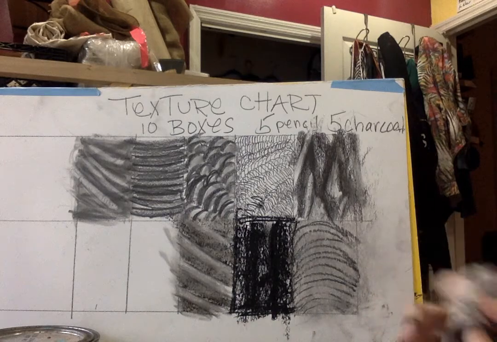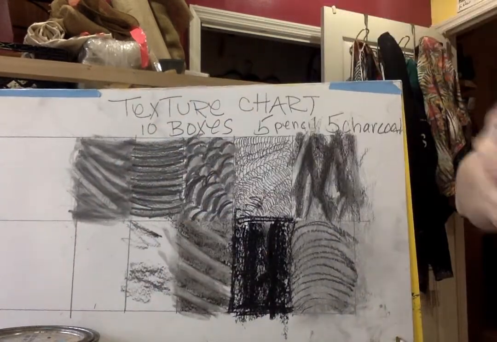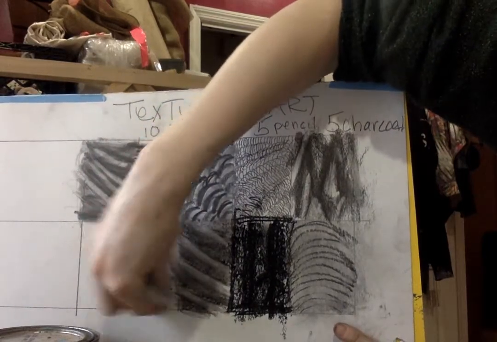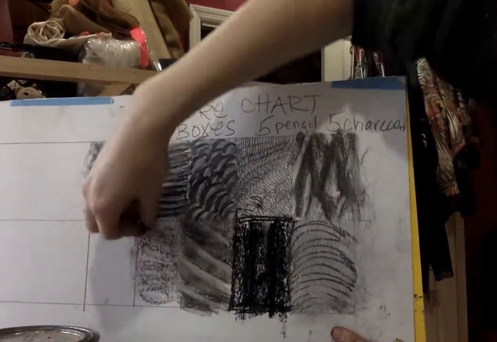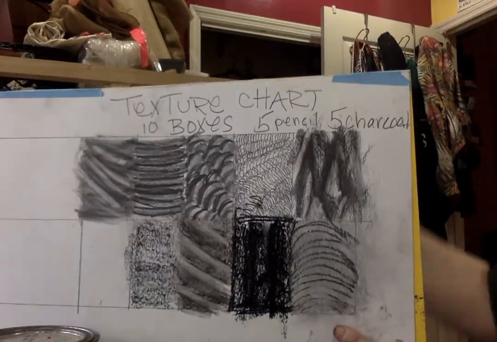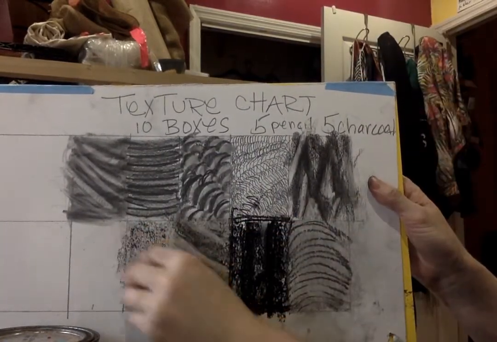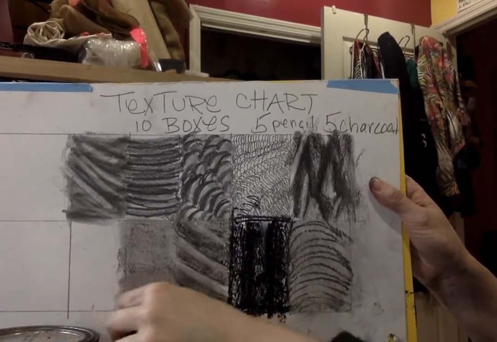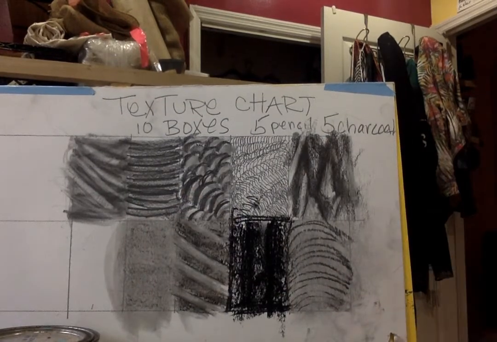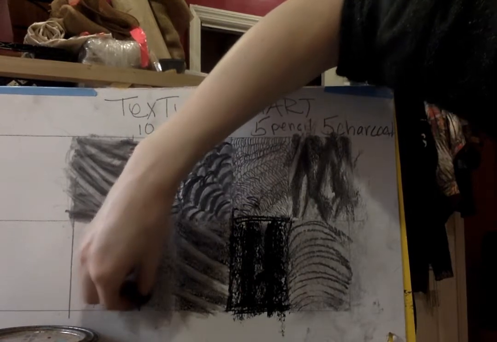You could just go in with the eraser and create a soft, not the eraser, the charcoal and the chamois, apologies. So you create one kind of soft texture like that, and then you can go in